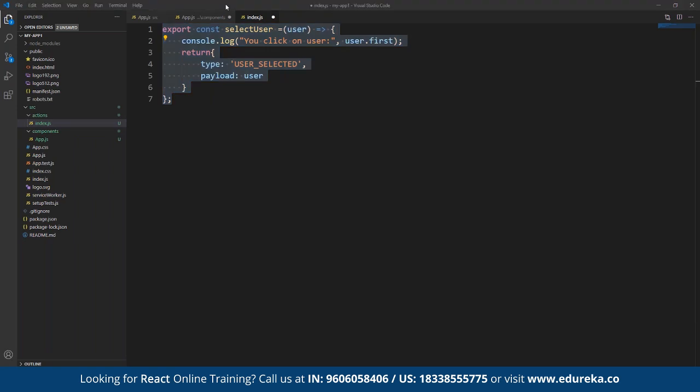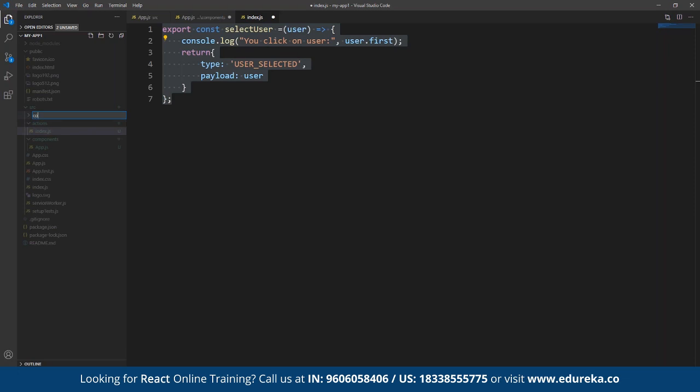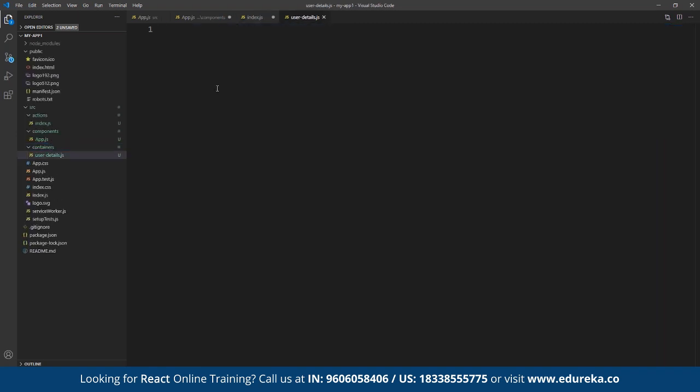Now we can work on creating the user.details in a new folder called containers. So again in the same src, we can create a new folder by the name of containers, and under containers we can create a new file by the name of user details.js. And under user details.js, here we can work on importing React,